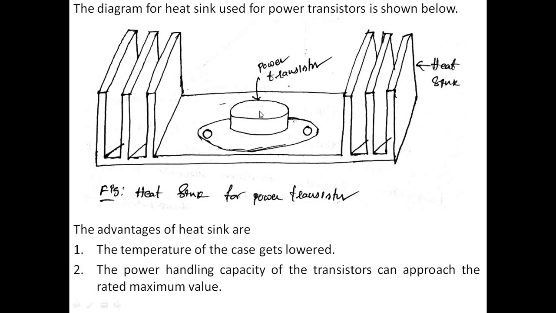And the second one, whenever you reduce the temperature, its power handling capability can reach the maximum, because if there is unnecessary power wastage or power dissipation taking place in the power transistor, it cannot go up to the manufacturer's default values. If you want to do it, you need to provide the casing, what we normally call a heat sink. If you provide the heat sink, then there is always the possibility that the power transistor will reach its maximum rated values.